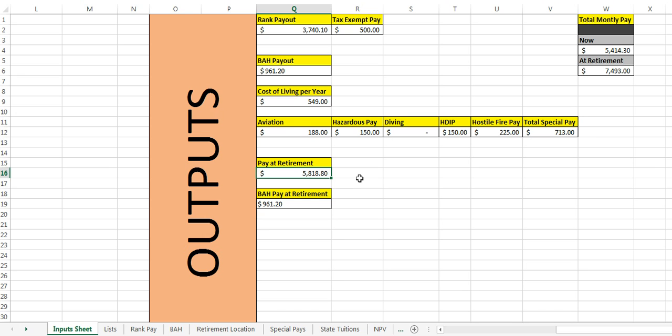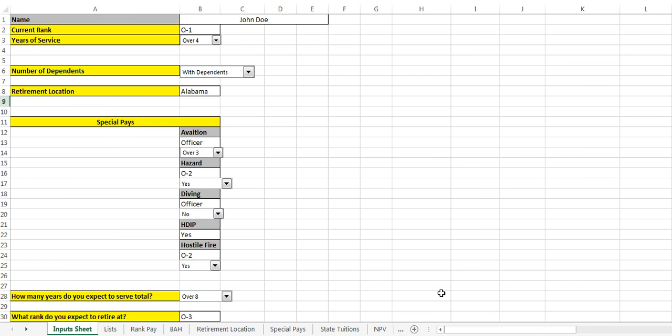Here's pay at retirement. This is based on his expected future years of service and his expected rank using the rank pay VLOOKUP for the rank pay tab down here. And BAH is used the same way BAH was up here, VLOOKUP, but it's using his dependents in the future and his rank in the future. Then over here, it's just a total of all that, so he sums up his rank payout and his BAH and his hazardous duty pays and all his special pays, and it just adds up into these two columns. So if we come back and we say, well, John Doe is now an O2 with over 6 years